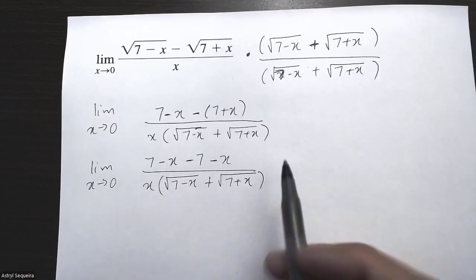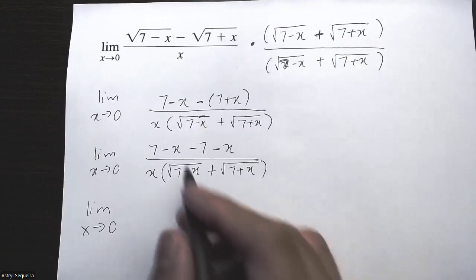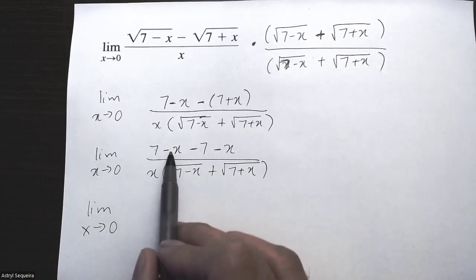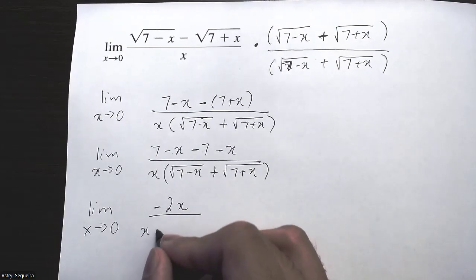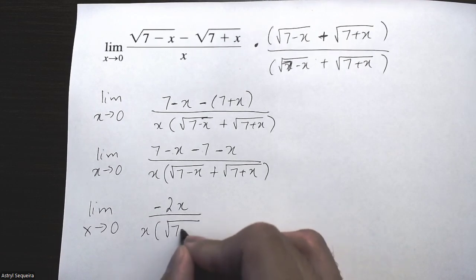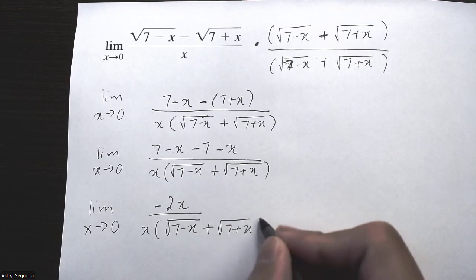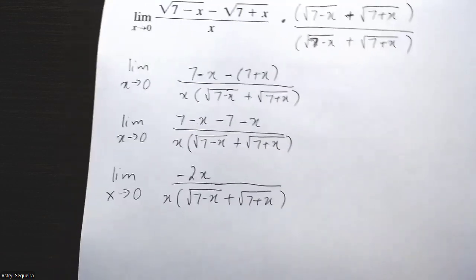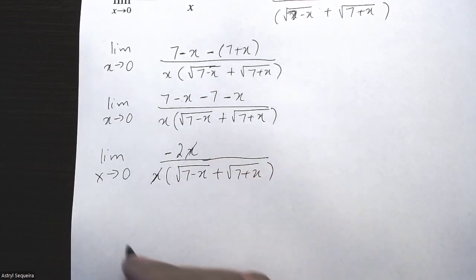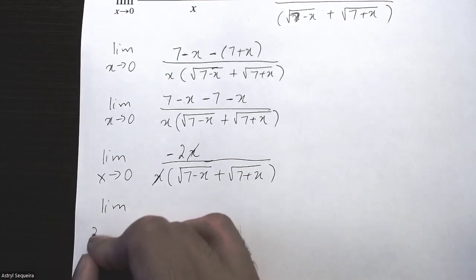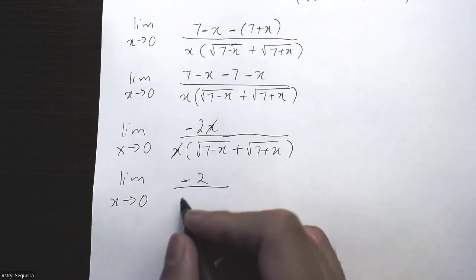Then we'll combine like terms in the top. 7 minus 7 is just 0. Negative x minus x is minus 2x. Bottom still stays the exact same. And now I can cancel this x and this x. So I'm just left with lim x approaches 0, negative 2 over,